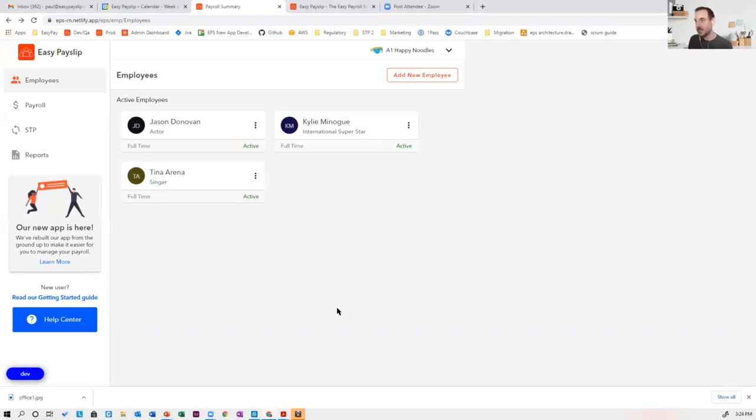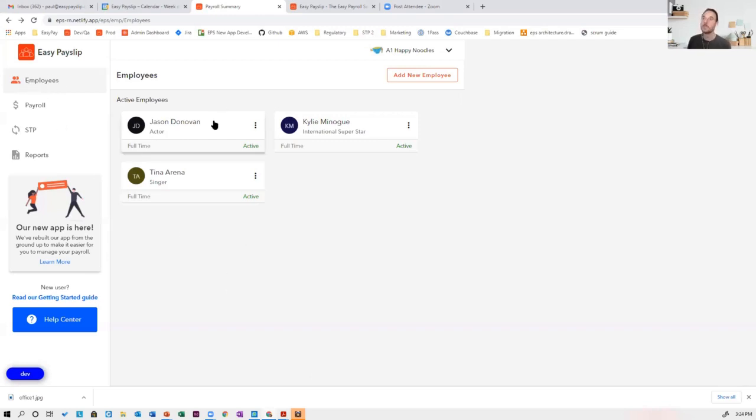once you set up an account, as I said, you add your business name, your contact details, you will be brought to this screen. Now, what I talked about in the slides was 3 steps: employees, payslips, and an STP. That is the way these menus are structured. So it's just a matter of working your way down these 3 menus. So the first step is employees, setting up your employee records.